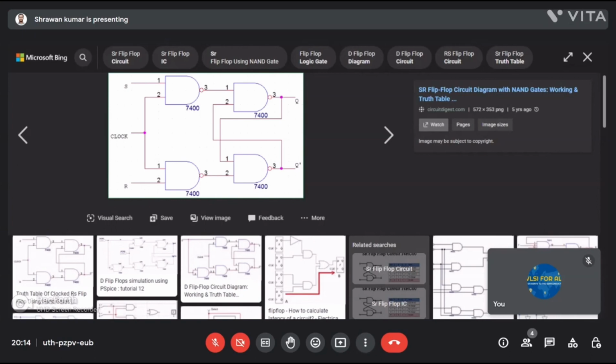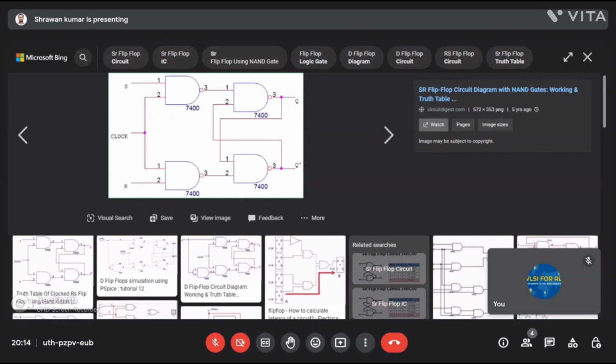When we apply S equal to 0 and R equal to 0, and when we apply S equal to 1 and R equal to 0, let's make it simple and apply only S as 0. What will be the output of that NAND gate?